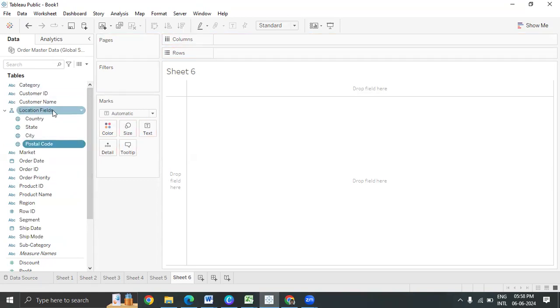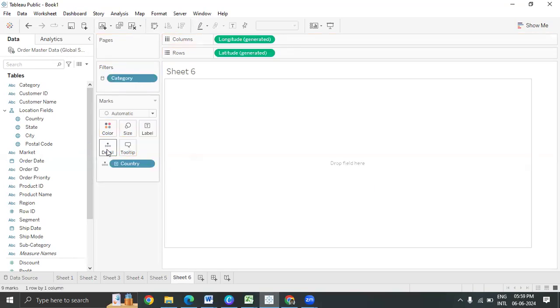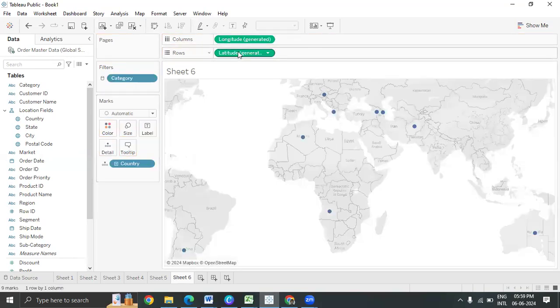So the first step we do is drag the location details into the detail field of the marks property. Once you do that, you'll automatically find latitude and longitude generated. What does this generated mean? Tableau has its inbuilt directory where it maps the location. It is called mapping. Okay. So according to this database,